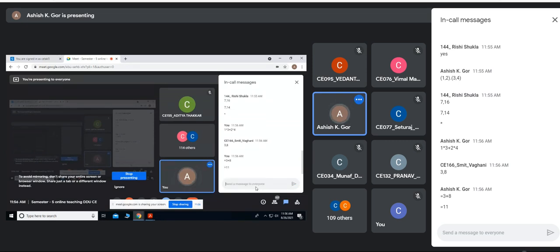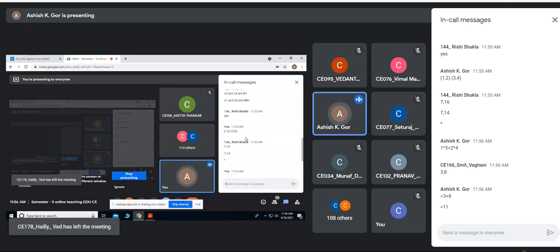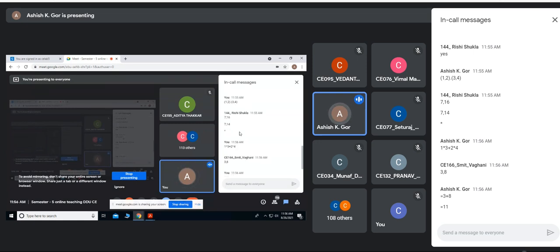Okay, so 1, 2 is one vector, and 3, 4 is another vector. Remember, for doing dot product, the number of elements in both the vectors should be same. So 1, 2, first element is 1 and 3, multiply them, so 3. 2 and 4 is the second element, multiply them, so 8. Then you add all those elements. Then 3 plus 8 would be 11. Everybody is clear?